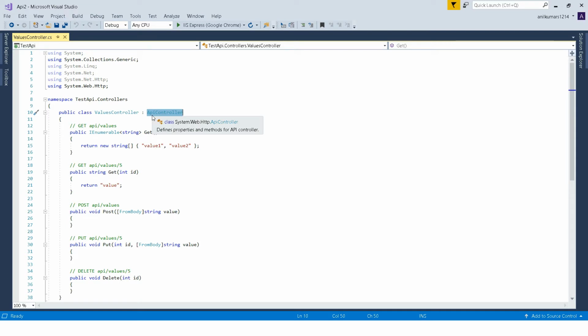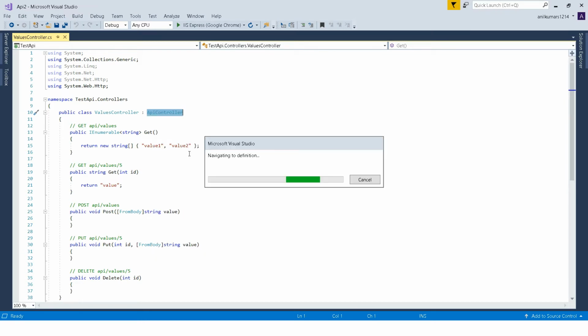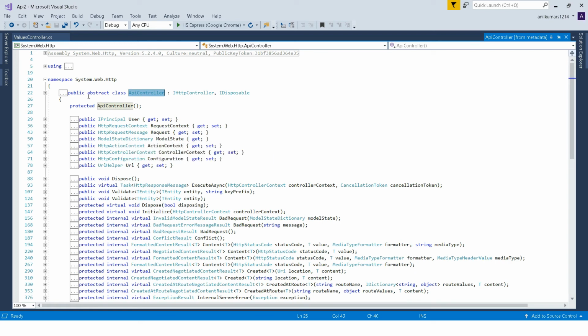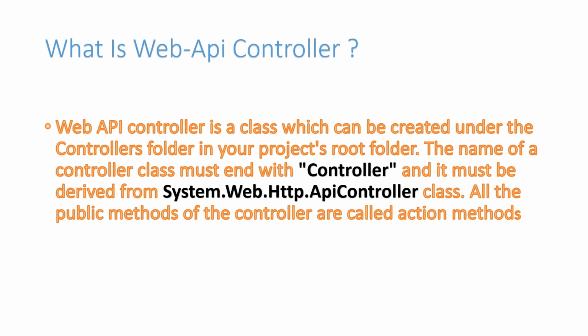If you press F12, or else right click on it and go to definition, you can see System.Web.Http is a namespace, under that there is a class ApiController which we are implementing. So going back to our presentation, so this is the web API controller.